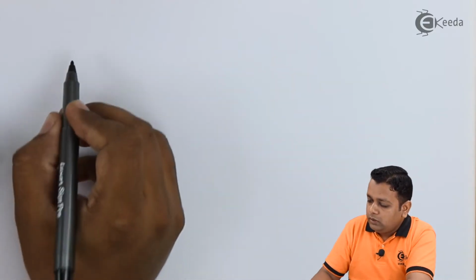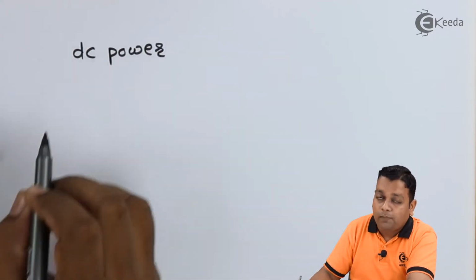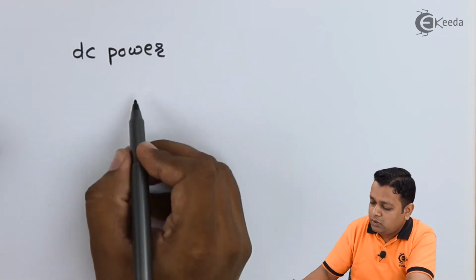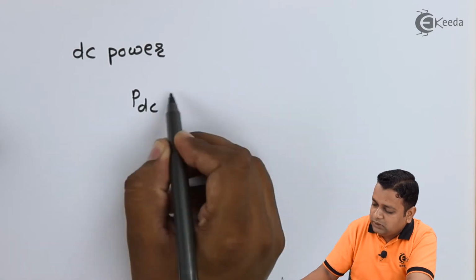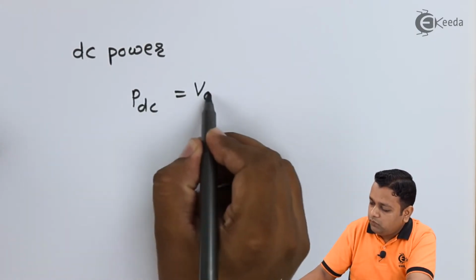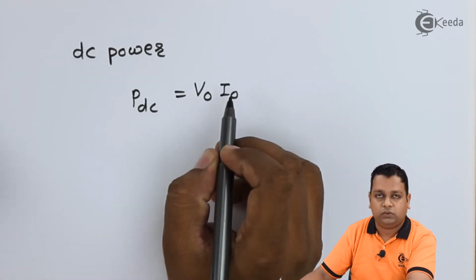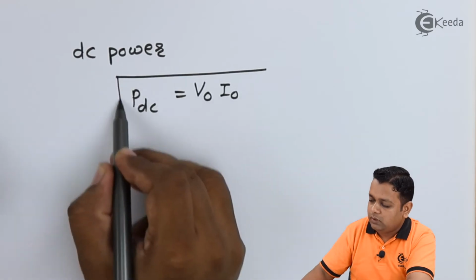Now, as our intention is to have formulation with respect to the output power, very first of all we shall be writing the input power. The DC power that is supplied to the device can be denoted as P suffix DC, and it will be simply the product of V0, the potential applied, and the beam current I0. So this one is also important.